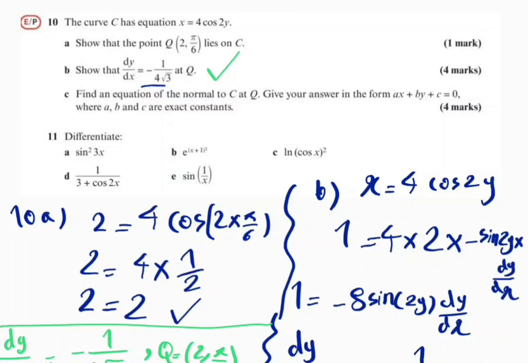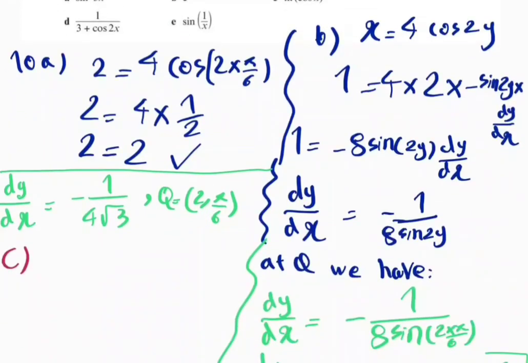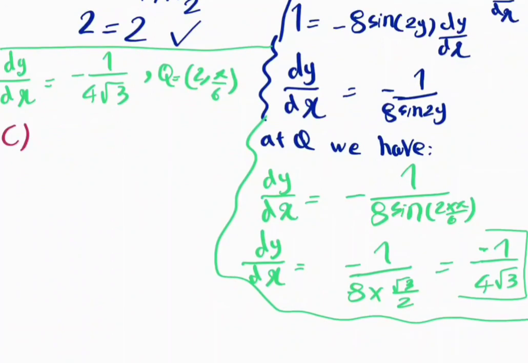Right, now let's do part C. Find an equation of the normal to C at Q. Give your answer in the form ax plus by plus c is equal to 0, a standard form of the straight line, where a, b, and c are exact constants. So now we know the gradient at Q, but we should be careful since we want to work out the equation of the normal. Then the gradient of the normal